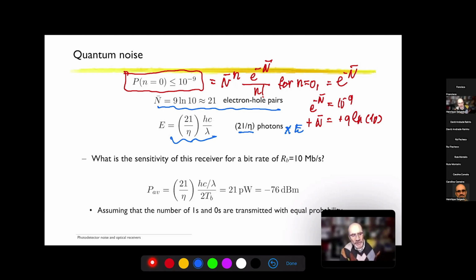Now, if we want to calculate the sensitivity of this receiver, for example, assuming that the bit rate is 10 megabits per second, which means that the pulse duration, the bit period, is 1 over 10,